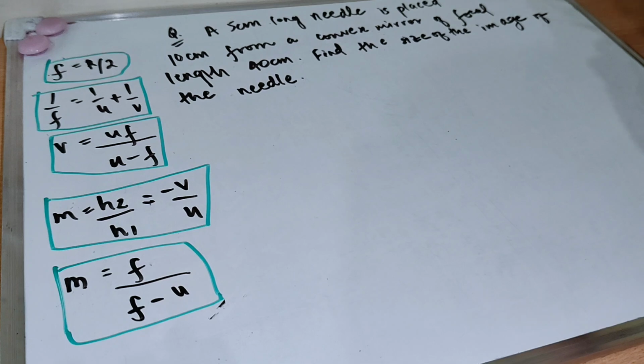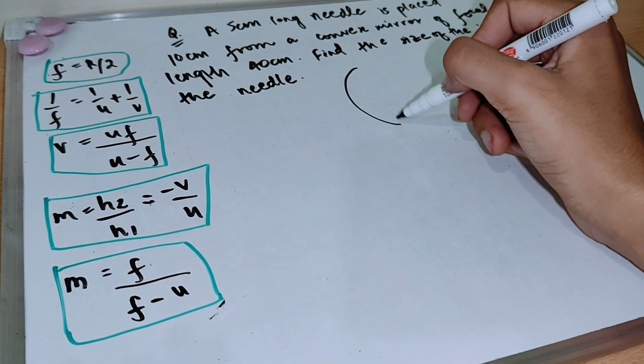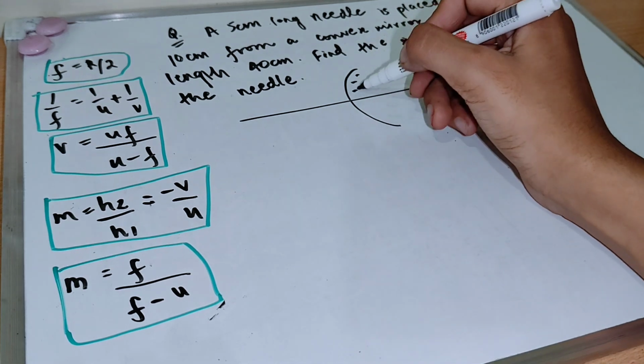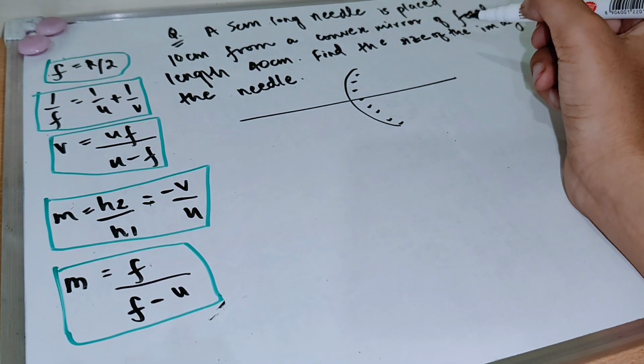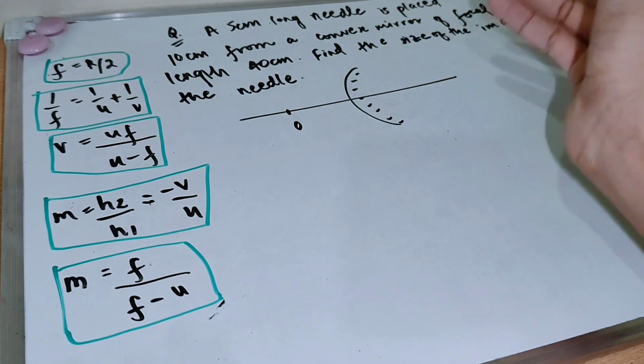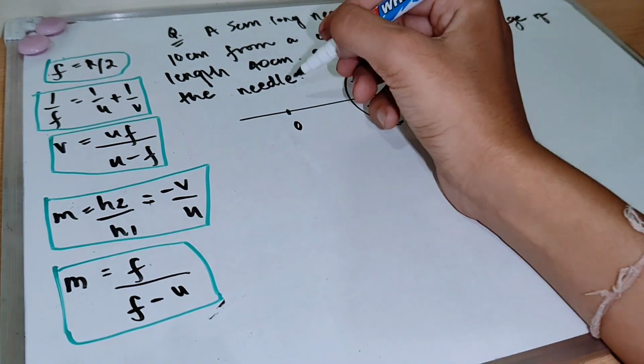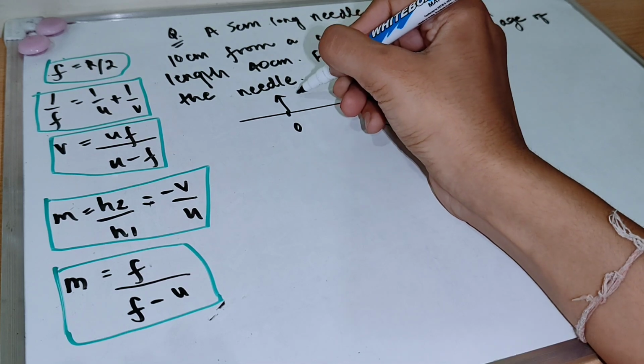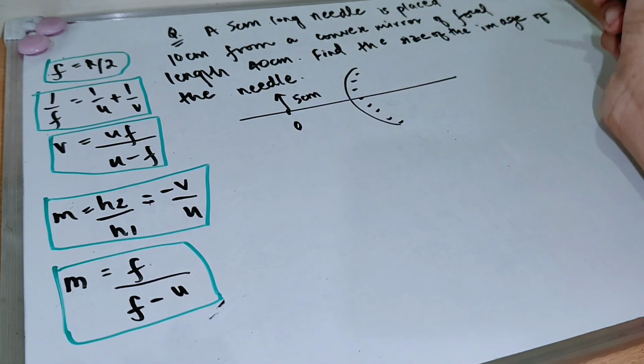Now the next question is that a 5 centimeter long needle is placed 10 centimeter from a convex mirror of focal length 40 centimeter. Then find the size of the image of the needle. So first we are going to draw a convex mirror. Now a needle is placed, so the object will be placed on the left hand side. Its height is given to us as 5 centimeter,